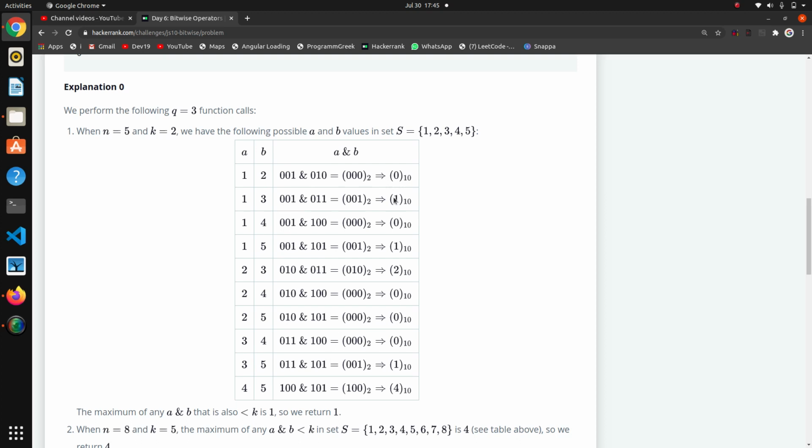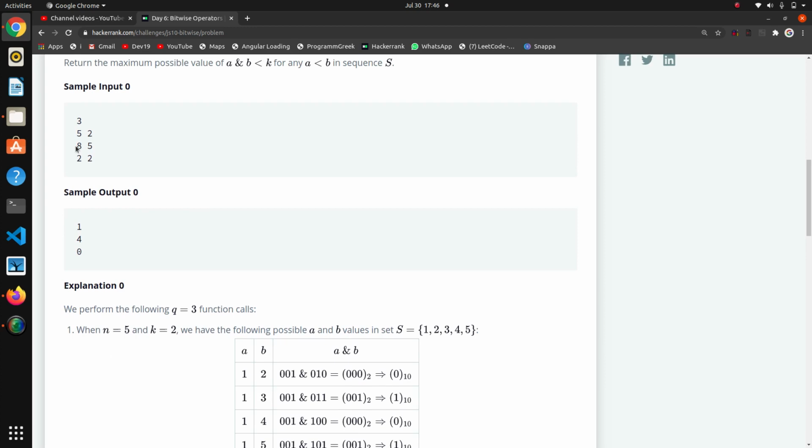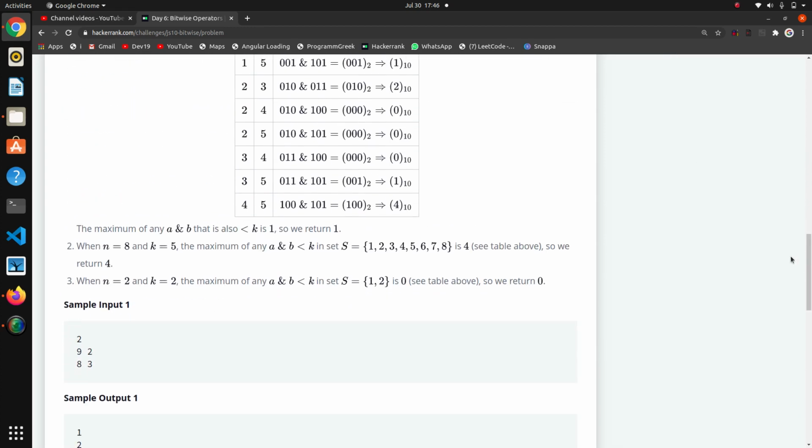in decimal, and we have to find the maximum value which is less than this k. Now in the second condition, n is equal to 8 and k is equal to 4, meaning we have the set from 1 to 8, the elements 1 2 3 4 5 6 7 8, and our k is 4.